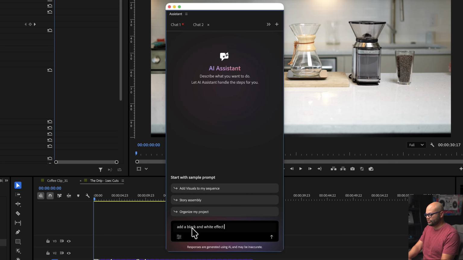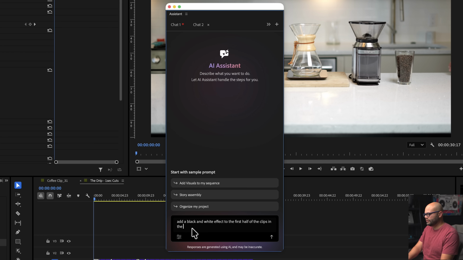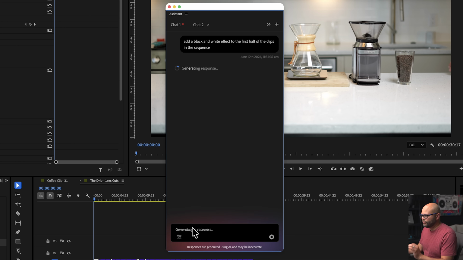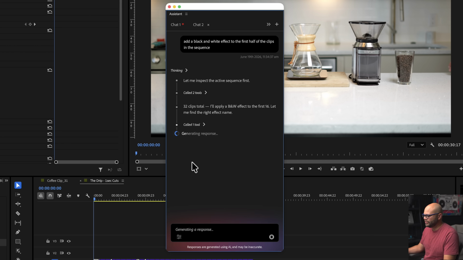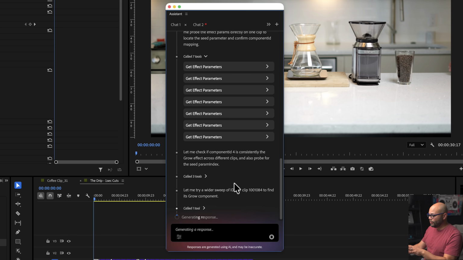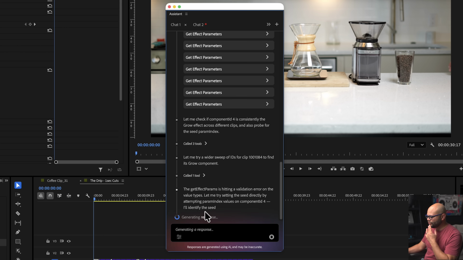So let's just ask this AI agent to add a black and white effect to each. Nope, let's do it to the first half of the clips in the sequence. One of the weird things about this is the black and white effect is actually with an ampersand. So let's see if it finds the black and white effect. This is kind of like semantics, but oh yeah, it found it. Cool. So this is doing this while the other one is doing, let me try a wider sweep of IDs